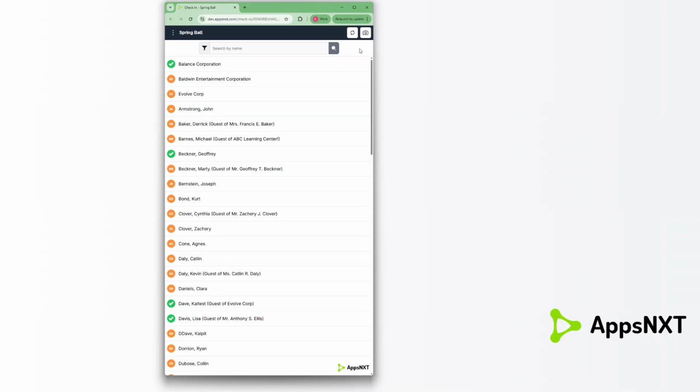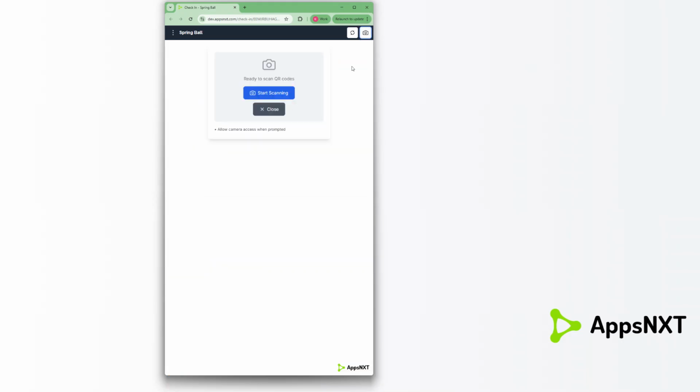To access the camera, simply look in the top right-hand side and you will see a camera icon. Once you click on that, you may have to give your camera some access or permission. So if you see a prompt, hit OK or accept. But when you're ready to start scanning, simply click the blue Start Scanning button. Your camera will activate, and when someone walks up with a QR code, such as this,